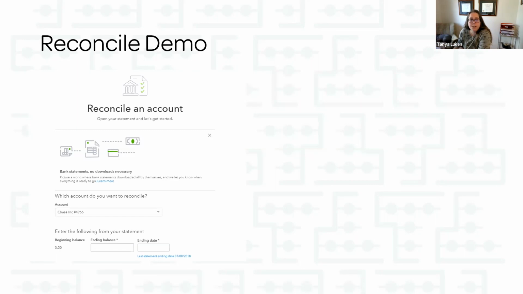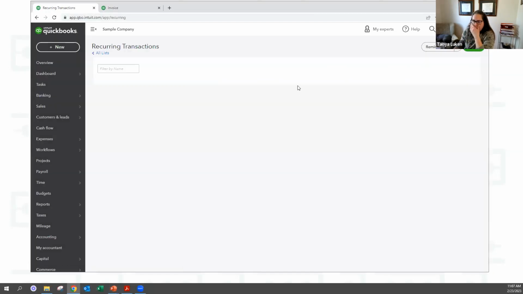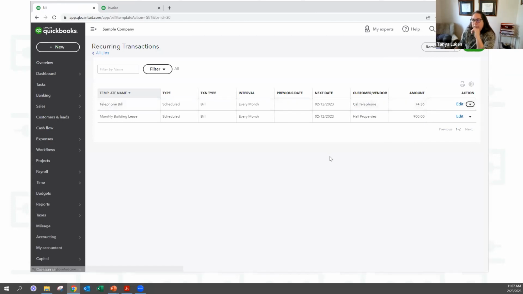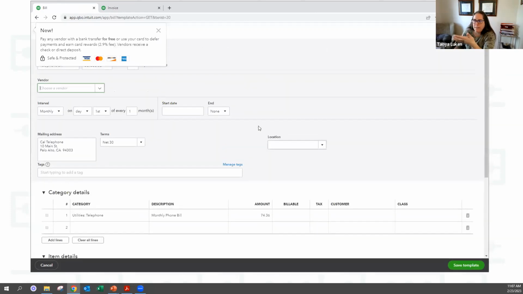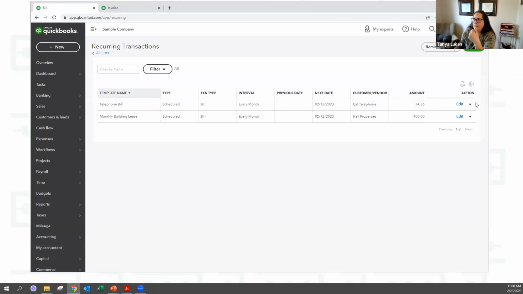Amanda asked if you're doing a recurring transaction for a loan on a vehicle, once the vehicle is paid off, does the recurring transaction stop automatically or do you need to stop it? With the recurring transactions, you can tell it to stop after so often. So you can enter a start date and you can enter an end date. So you can set it this way, but it is also a good idea when you're done with it to stop it. So here you would just delete it when you're done.